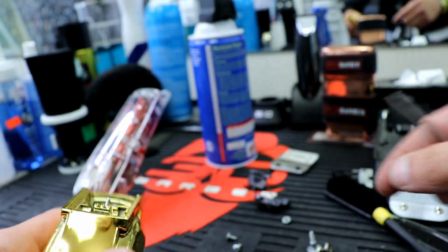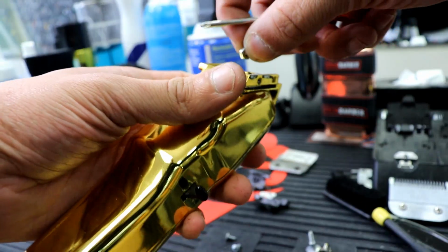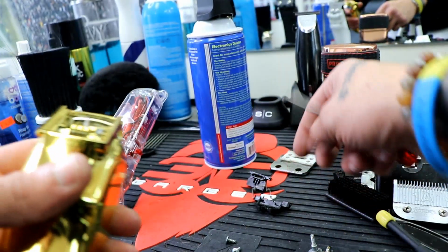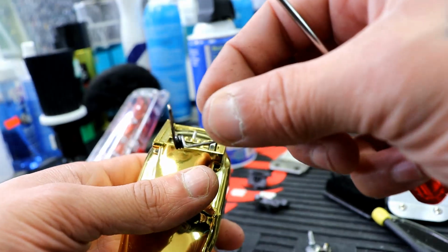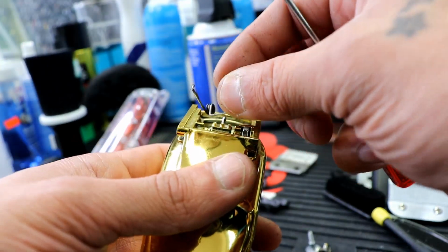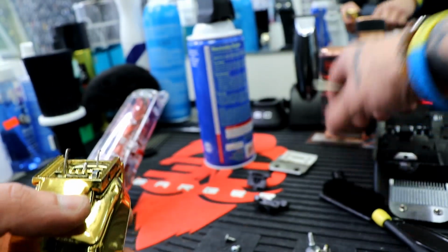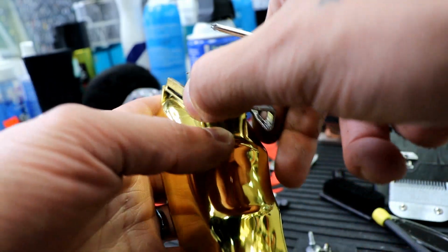So the next step that you're gonna do is remember that little bolt that I said that goes for the lever. Make sure you put that in first. That'll go in there. Then you're gonna put your tension screw right in there. It kind of has like a little holding thing that'll hold it in place. Then next, you're gonna grab the lever holder. You're gonna put the lever holder back